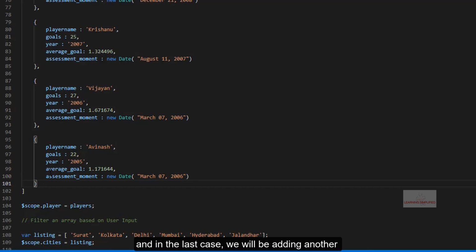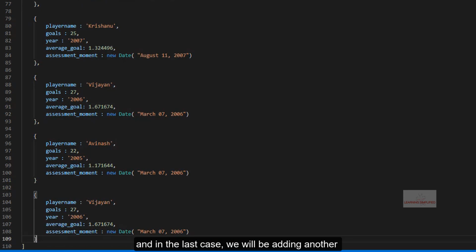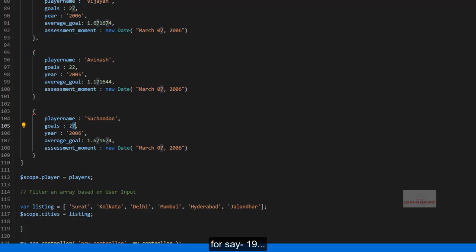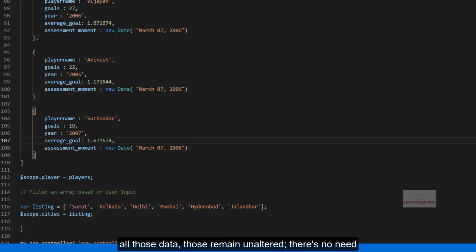And in the last case we will be adding another player profile. We will be adding another name like this, Suchandan, goals, say, 19, 2007. The rest of the data remains unaltered. There's practically no need to change these names.